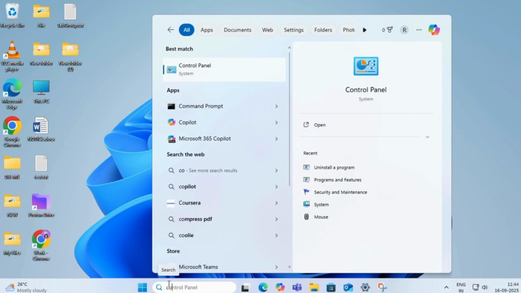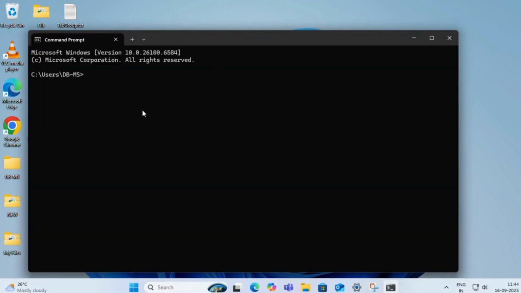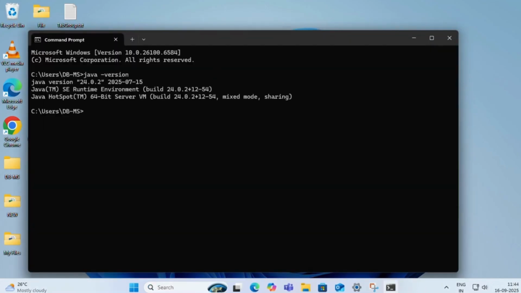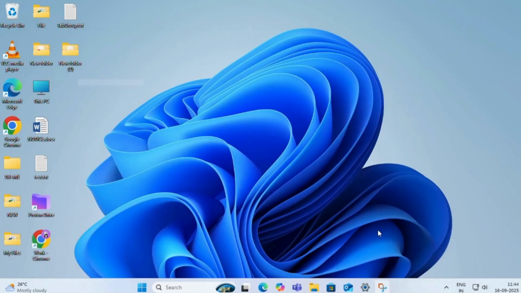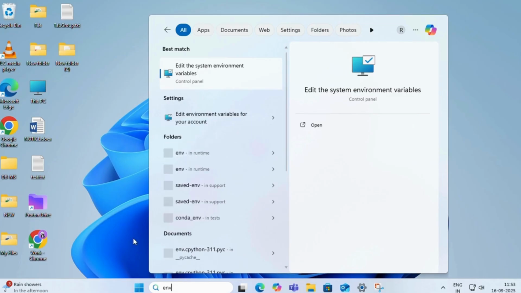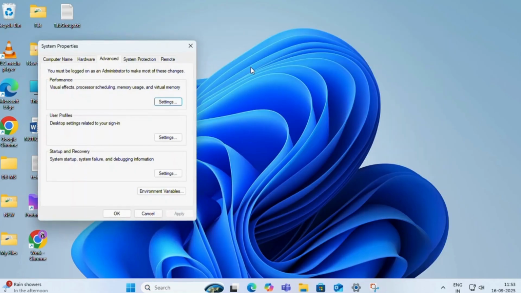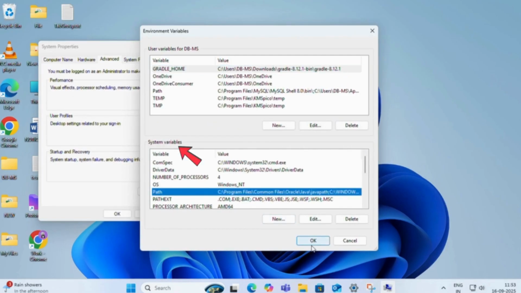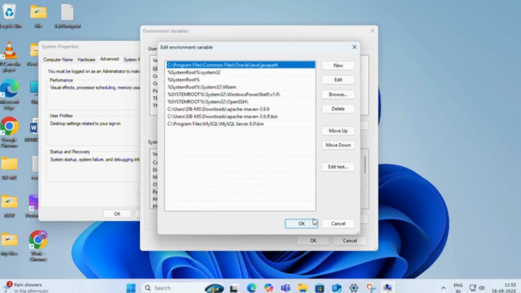Open the command prompt and check the Java version. This will show the recently installed Java version 24. Go to Start and click on Edit Environment Variables. Under System Variables, select Path and check for the Java entry.